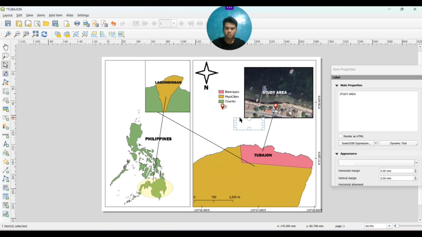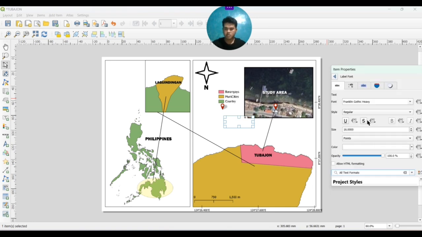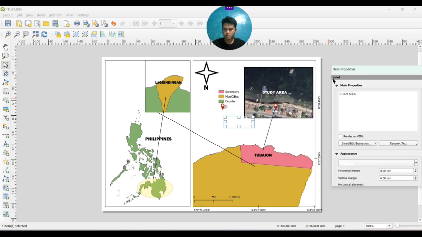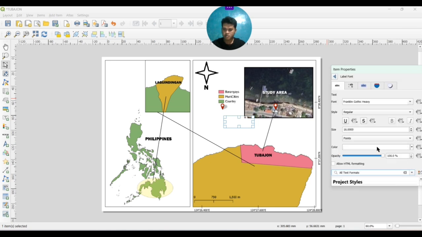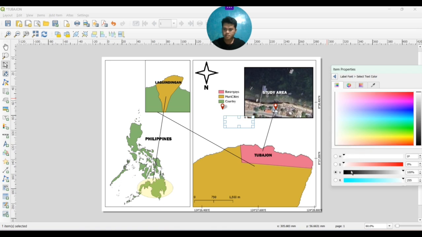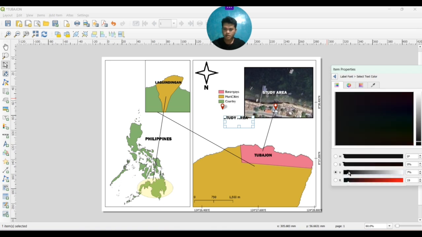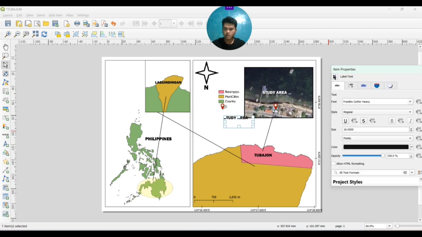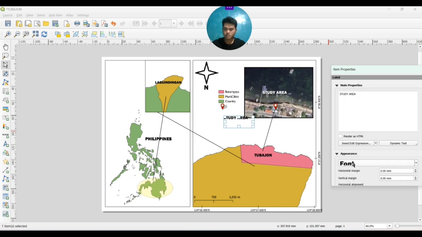Copy the one. Just type again. Just change the color. The color is black. Okay.